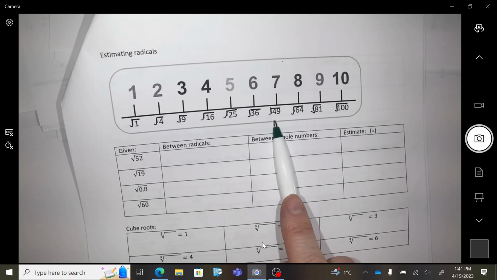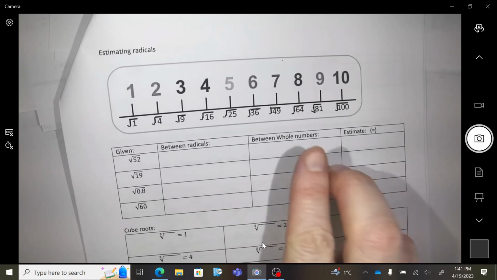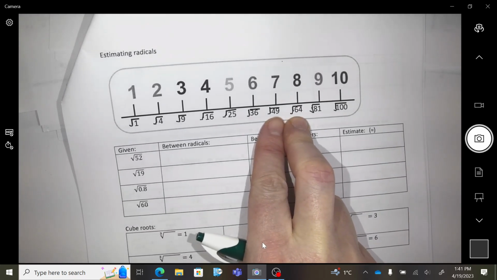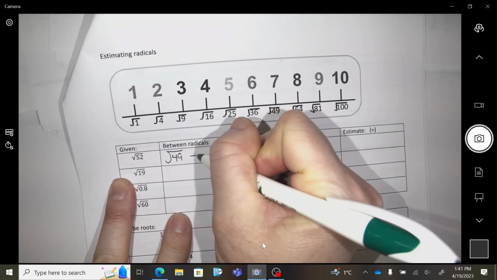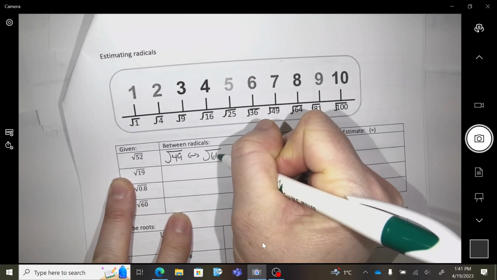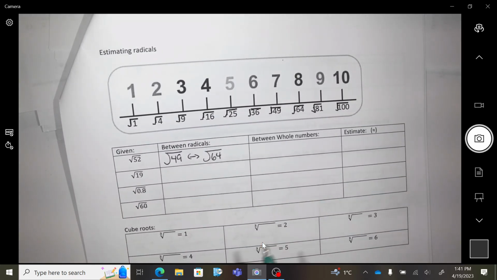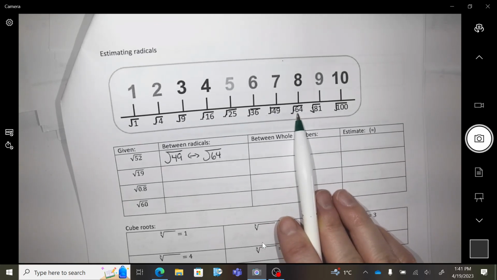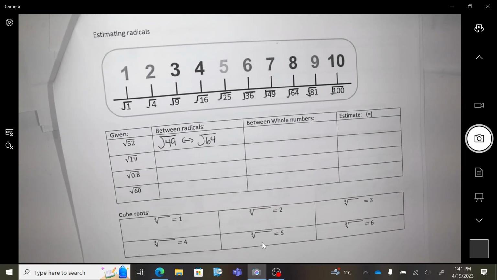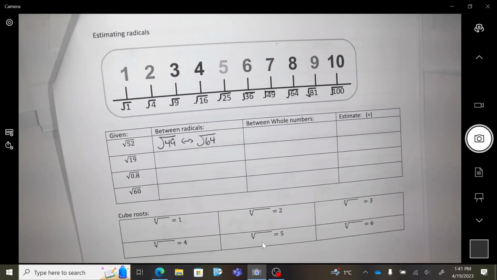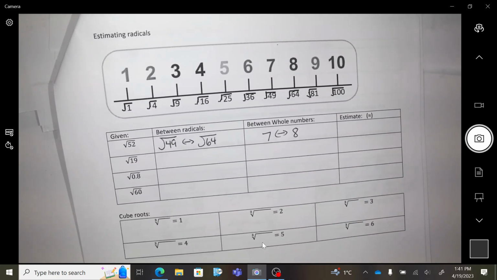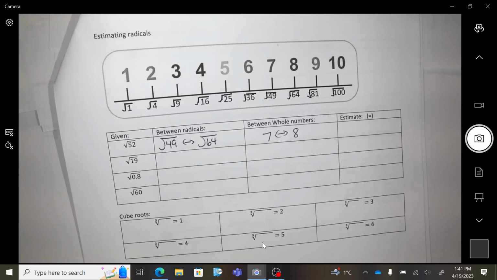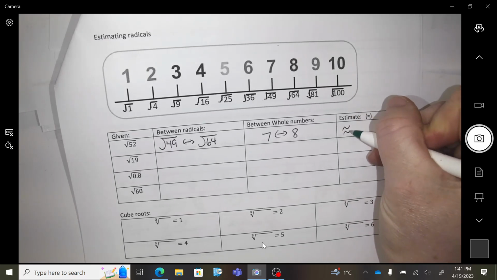The square root of 52, would you agree that it would be somewhere between root 49 and root 64? It's somewhere between that radical and that radical. So would you agree that it is somewhere between 7 and 8? What do you want to guess? Approximately